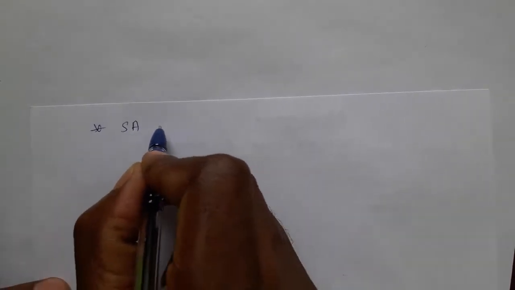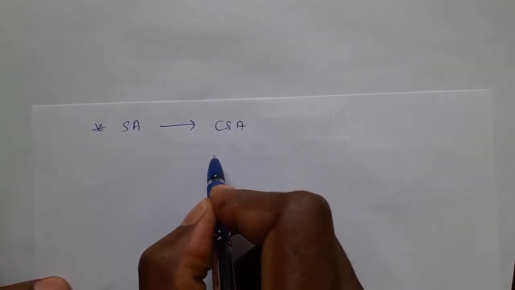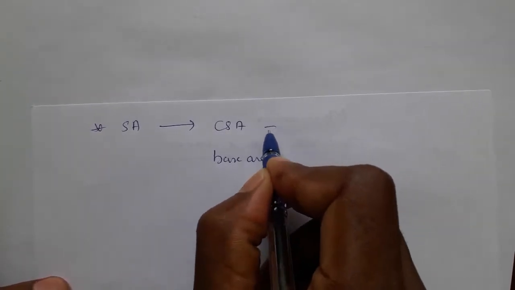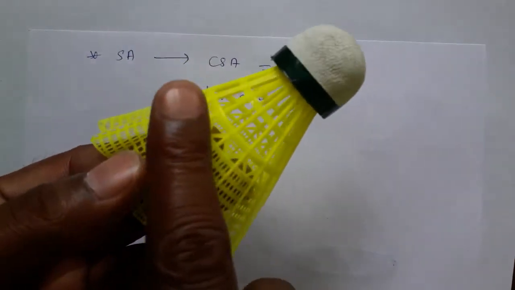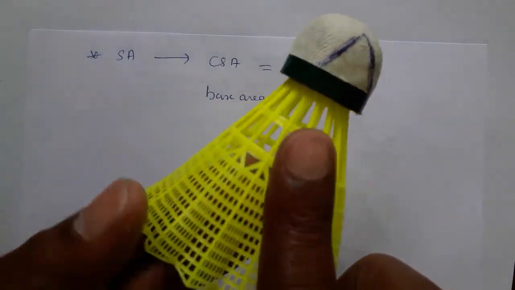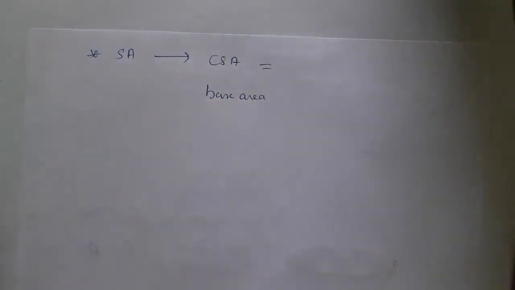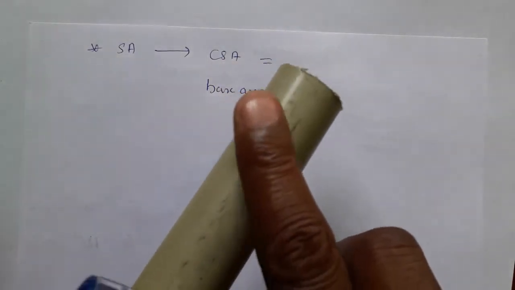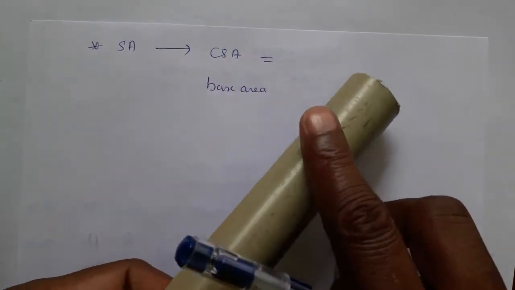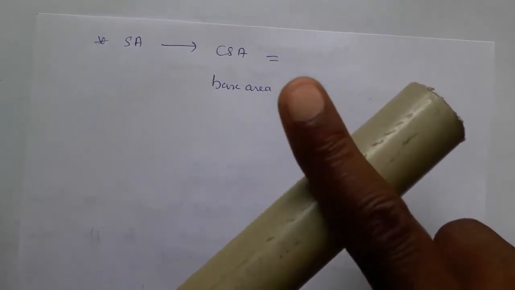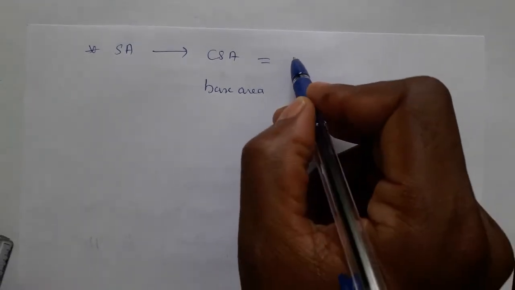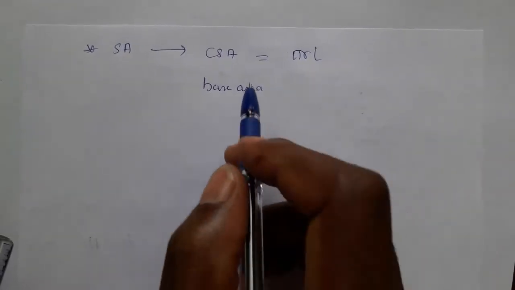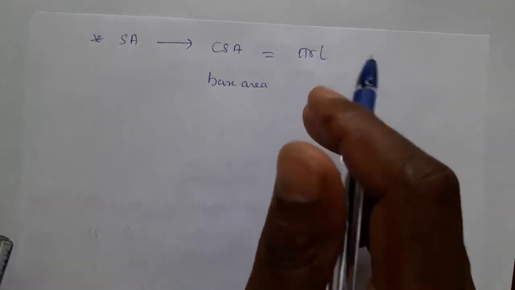Now we go for surface area. Again, surface area is divided into 2 types: one is curved surface area, another is base area. What is curved surface area? Curved surface area is this part that we are seeing and touching, one full round. This part is the curved surface area. In the cylinder also we saw this is the curved surface area, the rotating part. This part is rotating, that's why it is called curved, because it is not straight. This face is curve shaped. So curved surface area is pi r l. To find the curved surface area of the cone we use the formula pi r l.